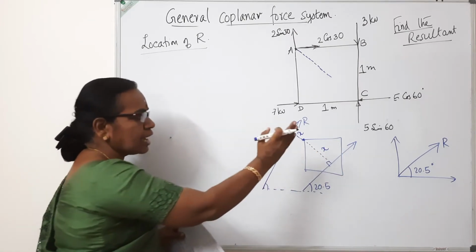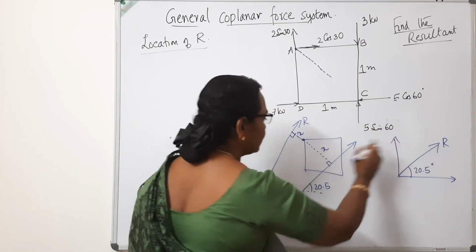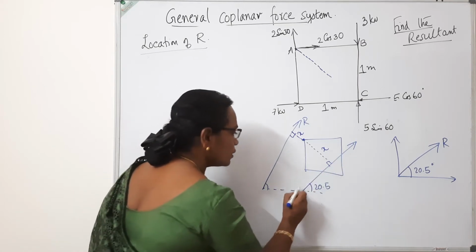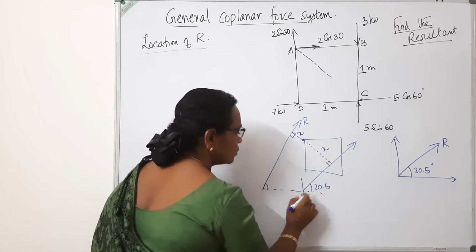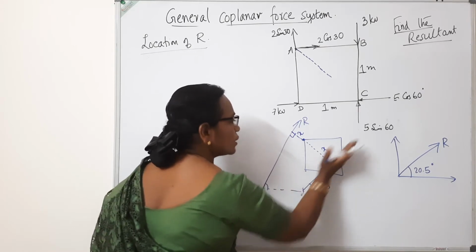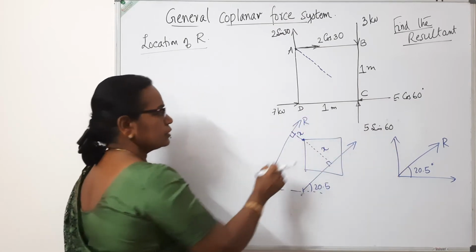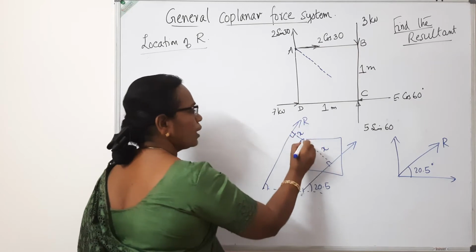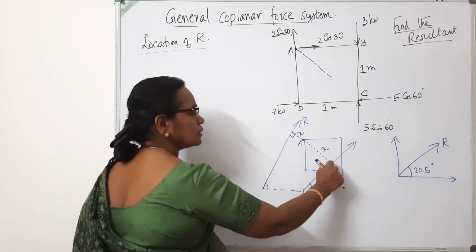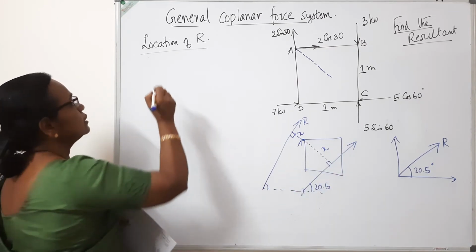Anyway, we have got this idea. The resultant is, numerically, we got the value 6.65. It is inclined at 20.5 degrees and it falls in the first quadrant. So the resultant, if we take these x, y directions, is in this direction. So either it can be here anywhere with respect to A, either above A or below A, and we don't know, we have to find out this perpendicular distance to the line of action of the resultant from the point A.